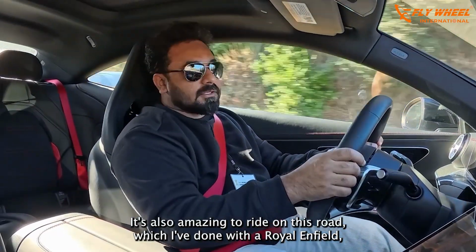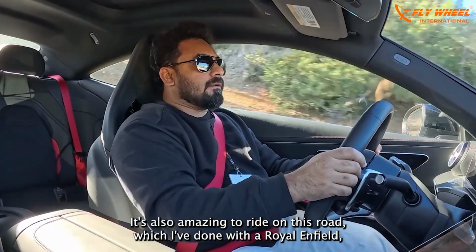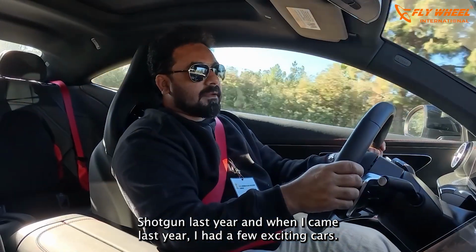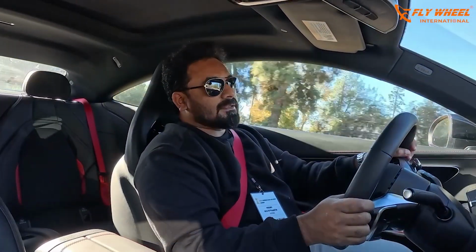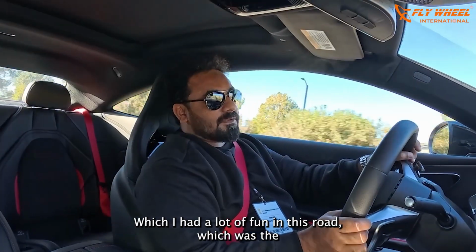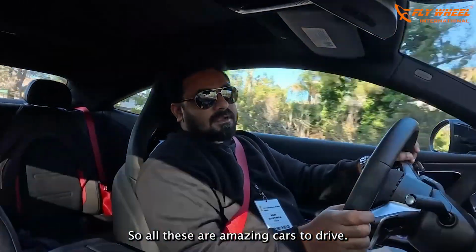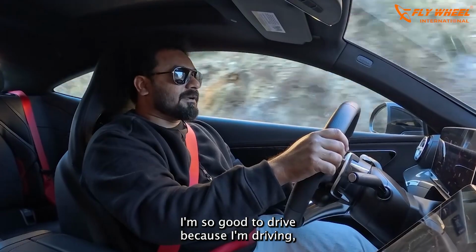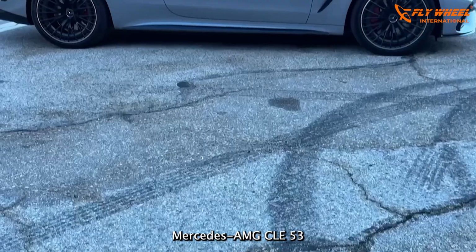It's also amazing to ride on this road, which I did with a Royal Enfield Shotgun last time. And when I came last time, I had a few exciting cars which I had a lot of fun in on this road, which were the Toyota GR Corolla and SL63 AMG. So all these were amazing cars to drive. So I'm assuming I'll have a good kickstart this time also with the drive, because I'm driving an AMG